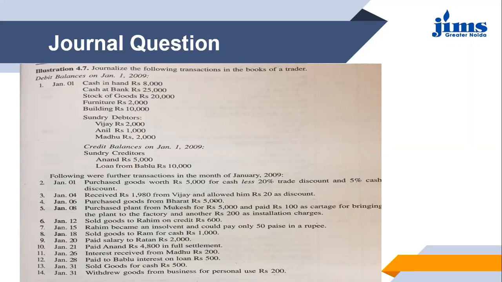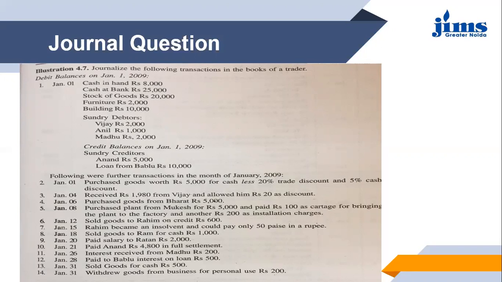The difference of 200 rupees, since the business needs to pay 5,000 and the business is only paying 4,800, so it is 200 rupees benefit for the business, which will be taken as the credit item, because as per the nominal account rule, credit all profits or the revenues or the incomes, so it will be taken on the credit side. And since the payment is being made to the person, therefore cash or bank balance has to be credited, because the real account says credit what goes out.